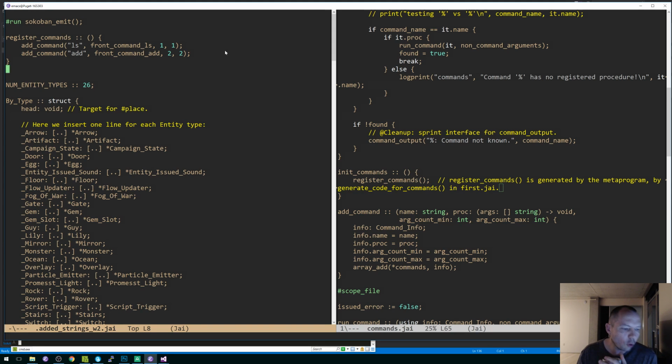Will this handle overloaded procedures properly? I think so. Yes. Not yet. Well, I mean, because we're going to generate these front commands, right? So, yeah. Okay. Now,